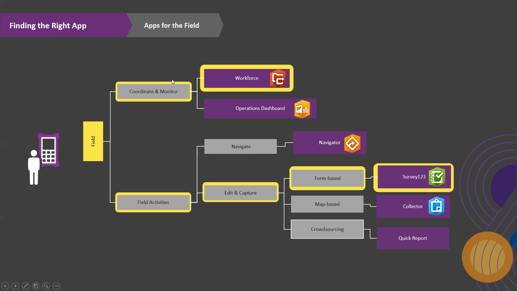Consequently, you can use operations dashboard after you have collected the necessary data set for the day, and you can have a quick look at the summary and analysis of the updates that you have collected for that particular day.